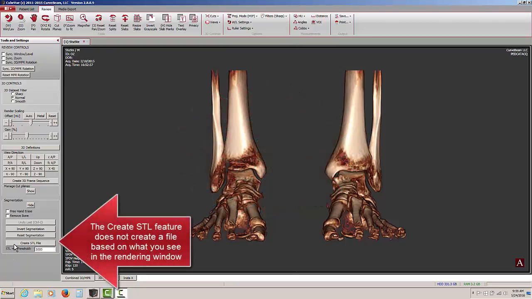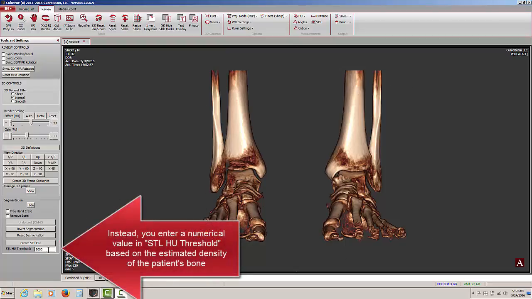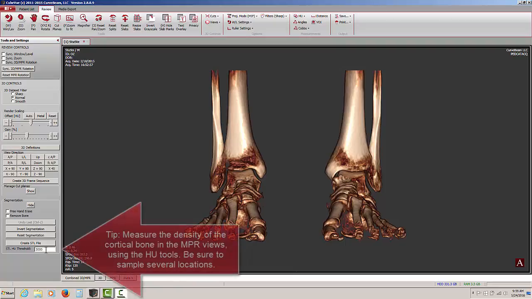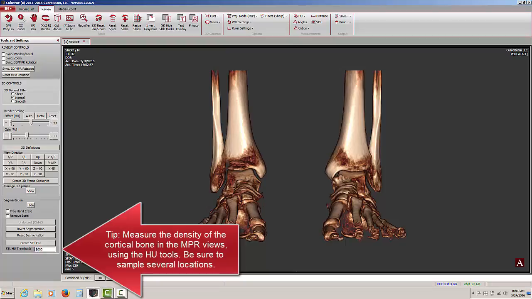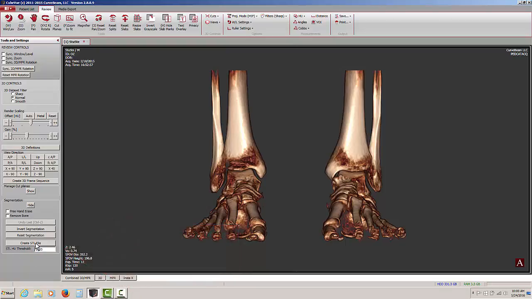Wrapping this up, the Create STL file is not based on what you see in the rendering window, but rather strictly based on the number that you enter under STL HU threshold. What you need to do is enter a value that you think represents the density of the bone that you want to create a STL file of. For example, 2000 HU or 1000 HU. Create the STL file,